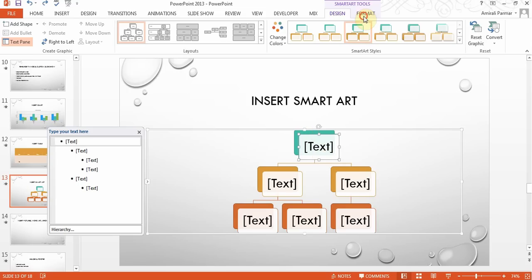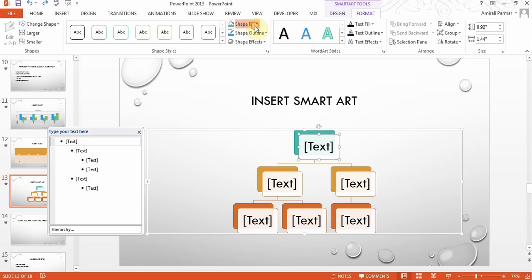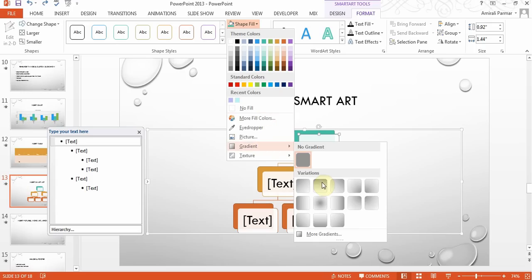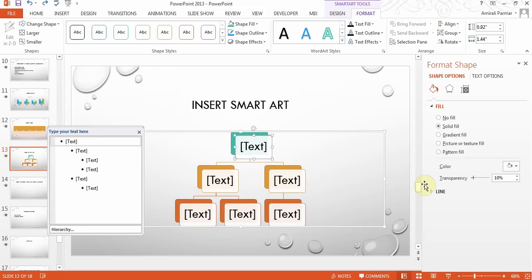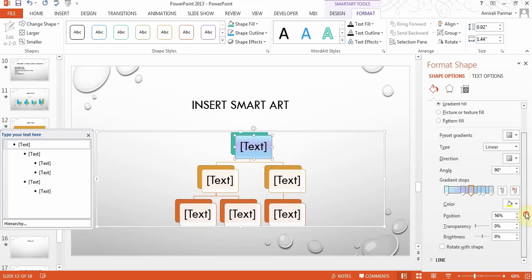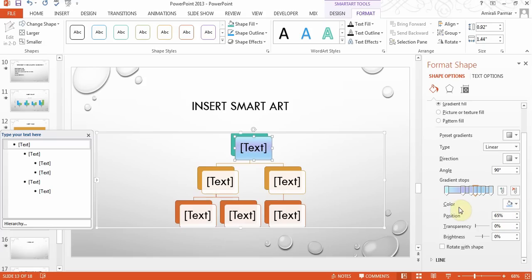So in the format, you'll have to go to shape fill, and then I'll go to gradient, and I go to more gradients because I need a combination of colors. So you need to go to this option, and then in here I'm going to change this to gradient fill, and here I need to add the stop option. So if I click on this add gradient stop button, in 2010 it might look a little different, and I'll have to go to color,